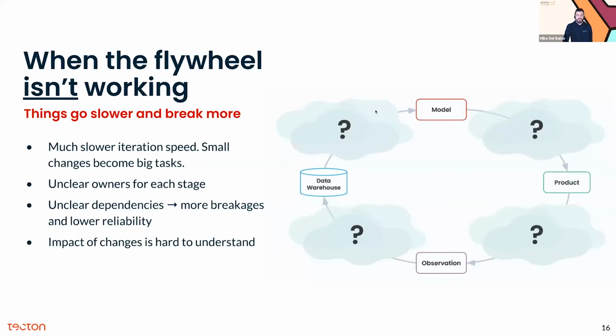I want to add a new feature to my model. Well, that data is not available in my data set, so I need this person over here to log some new data from the product, but I don't actually know who that person is. And so then that's a whole bunch of coordinating across a number of unknown people. That's just a big project for me, and I might not do it. When there are these unclear dependencies, a lot more things break, and it's really hard to promise a certain level of reliability. And that just makes it really hard to understand the changes you're making and the impact of them.